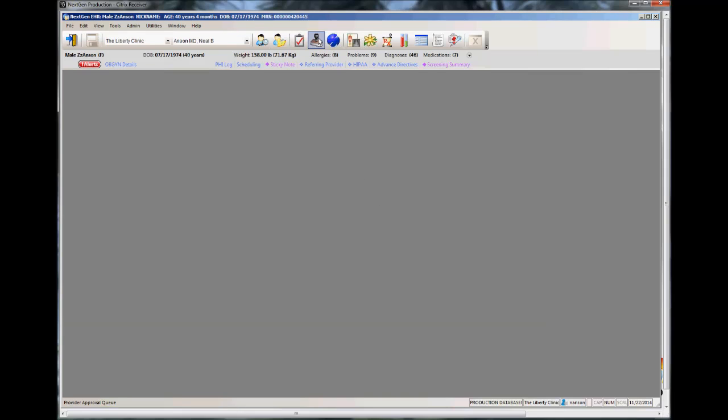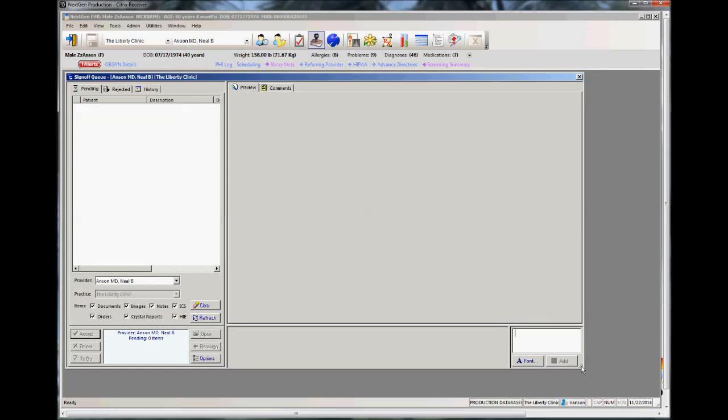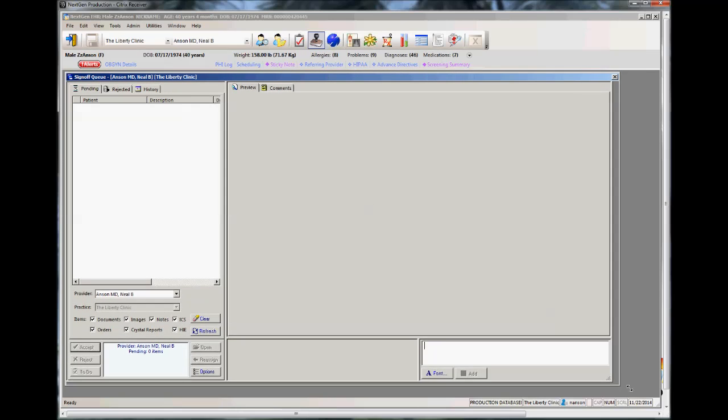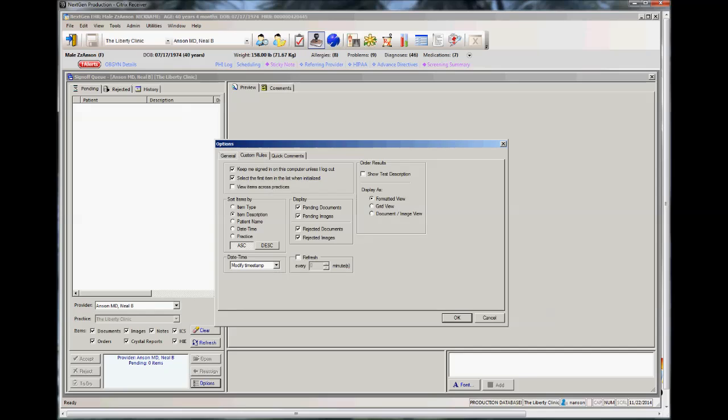Now I'll briefly show you how to generate some custom rules to create a quick task that will auto-complete your inbox item, give you a comment down in this field here that says please refer to provider test action for details, and will automatically open that template. So if you go to options and go to custom rules,